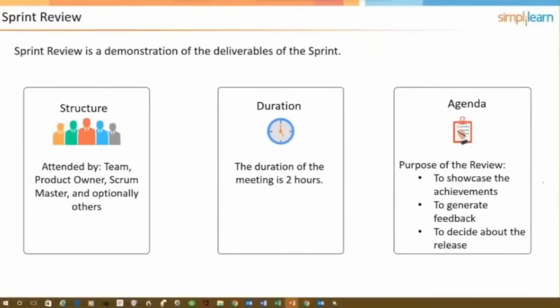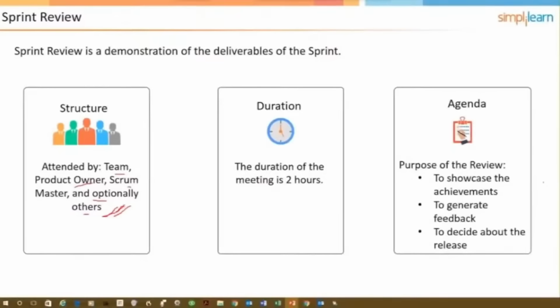The sprint review. Now, who attends? It's going to be the team, the product owner, the Scrum Master, and potentially others. So optionally, others that we would want to get feedback from would be end users, operations folks, the suits. All of those would be welcome depending on the relevance of the software that's being demoed and being subject to the acceptance testing and the product owner giving the thumbs up or the thumbs down when it comes